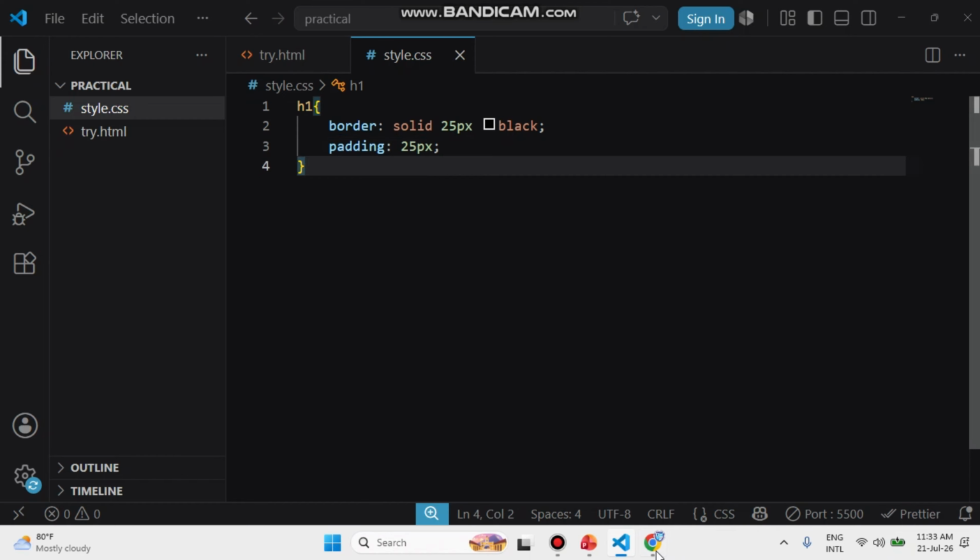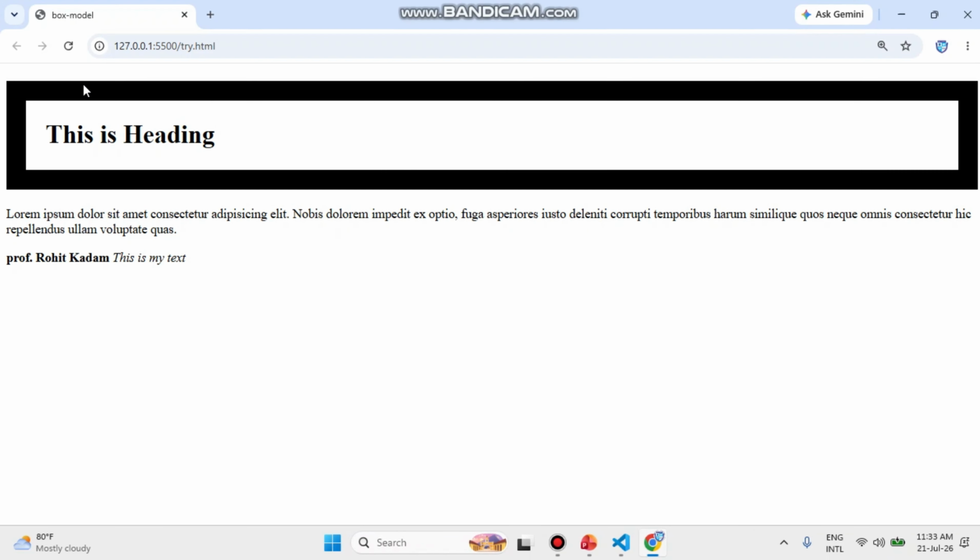Okay, Control S to save. Right now if you can see over here, 25 pixels my border and the same 25 pixels my padding is there. See how interesting it is, right? So this is exactly what I just recently added to the padding. If you want to see how much I added,